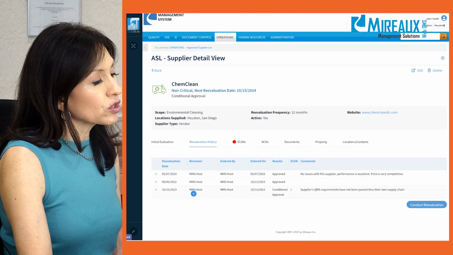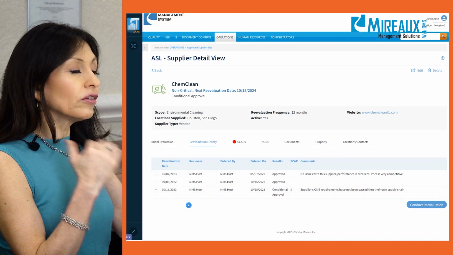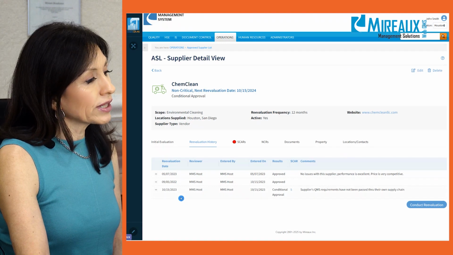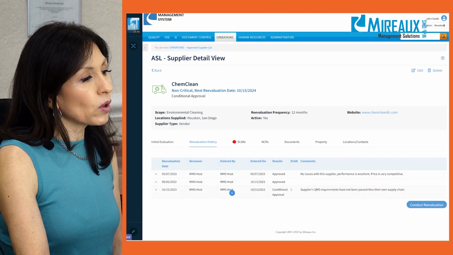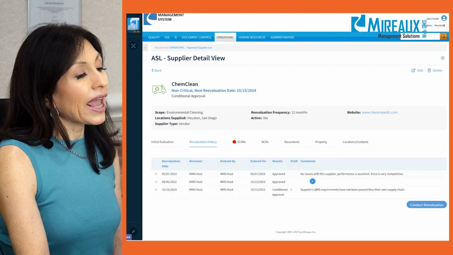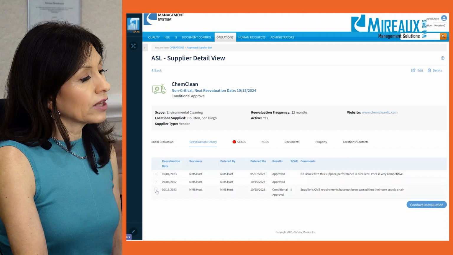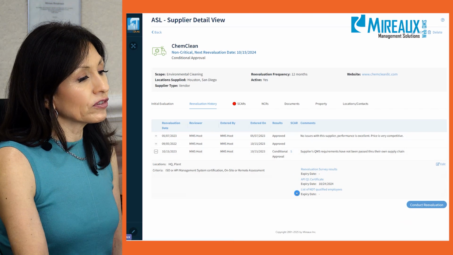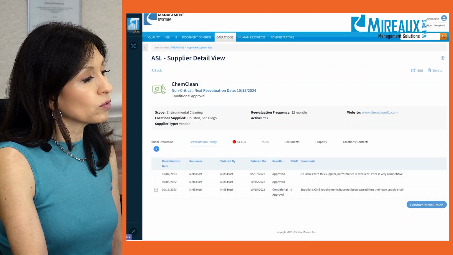Under reevaluation history, you can see all of the times that the supplier was reevaluated. And we can see here multiple reevaluations, who did it, who entered it, when, the results, whether there was a SCAR, and any comments. And you could expand to see more information and even any of the certifications or documents